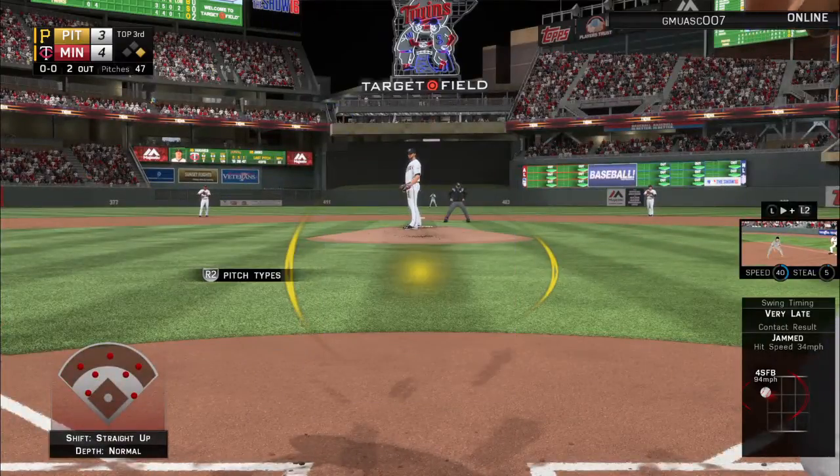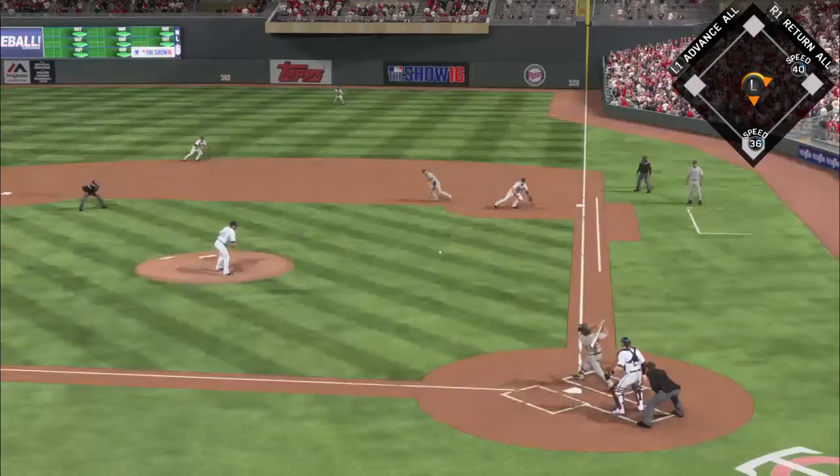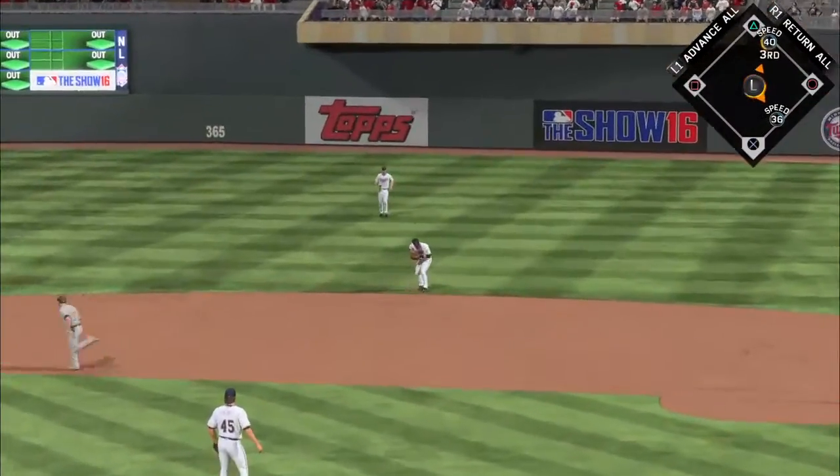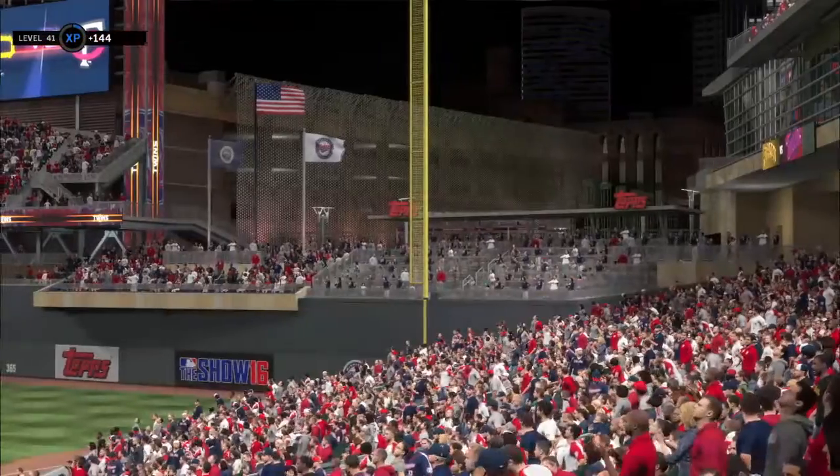Standing in, John Jason. He got called out on strikes his last time through. And he was absolutely frozen with a good fastball, so let's see if he's a little more aggressive on that pitch this time. Throw on to Mauer will be in time, and that